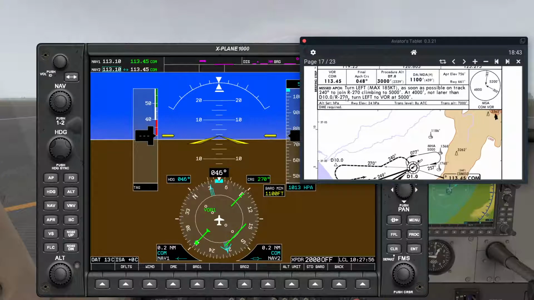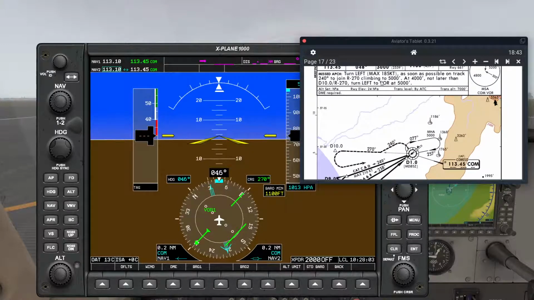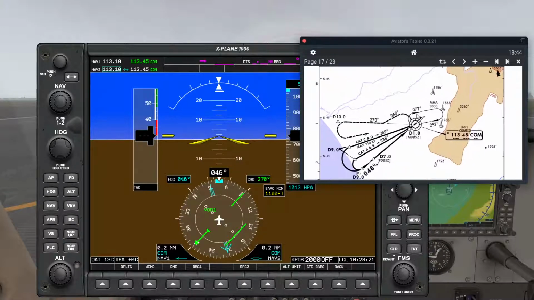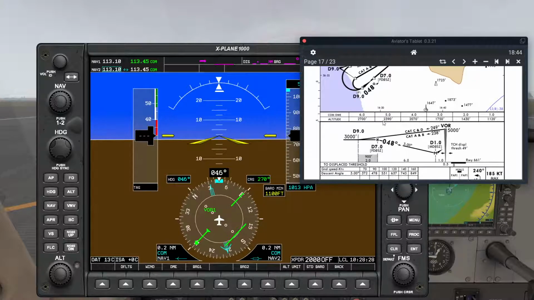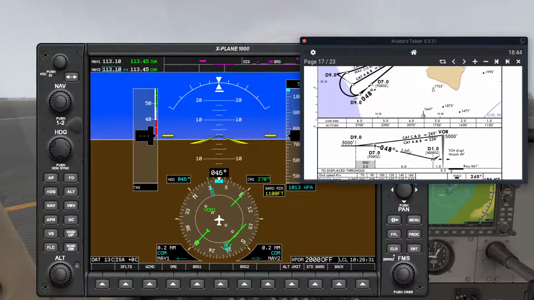In case of missed approach turn left as soon as possible on track 240 to join radial 270 climbing to 5,000 feet. At 4,000 not later than distance 10 nautical mile on radial 270 turn left to VOR at 5,000 feet. There is a note that DME is required for this procedure. As you can see, this procedure is based on distance and not timing, and also we explain fully about the